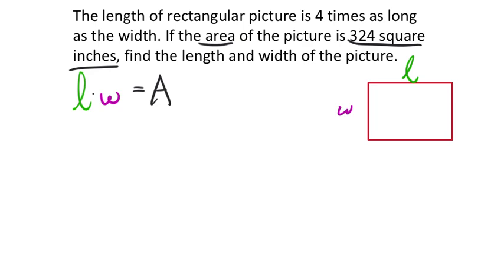But what do we have? Well, we have some values that we can work with. For example, the area, we already know, is going to be 324 square inches. Now, maybe you notice the other thing as well. And if you haven't by now, hopefully you do,